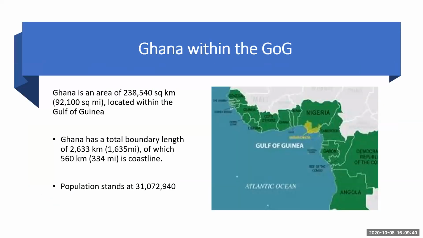All right. I'm sure a lot of us will be wondering where Ghana is and where the Gulf of Guinea is. So I just brought a map here to show where the Gulf of Guinea can be located in Africa and where Ghana is positioned within the Gulf of Guinea. The Gulf of Guinea is an area of a coastal water body that is bordered by about 16 African countries, right from Angola all the way to Liberia.